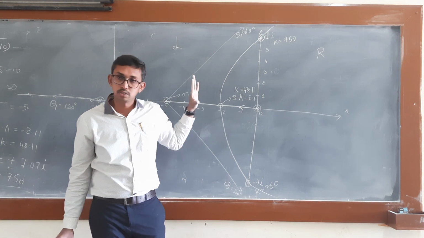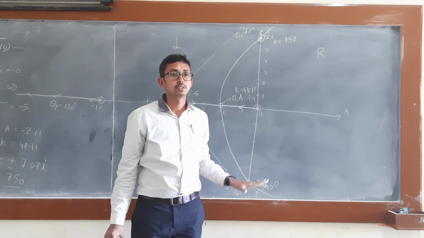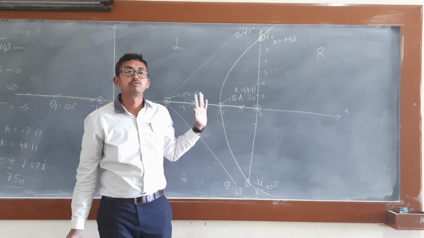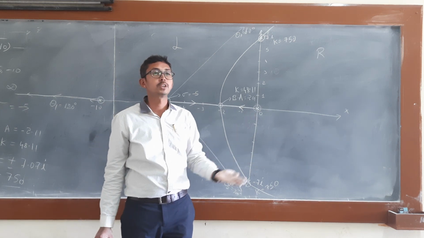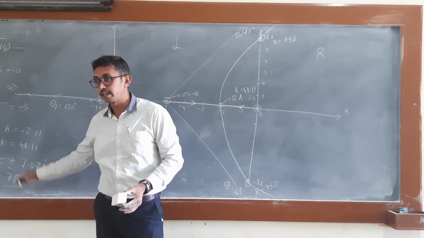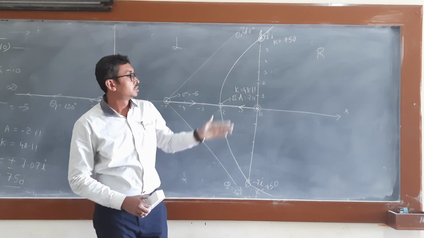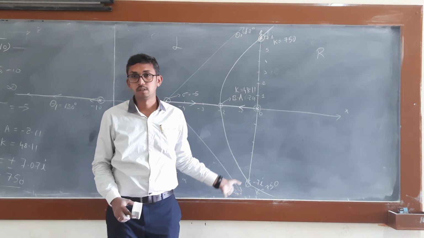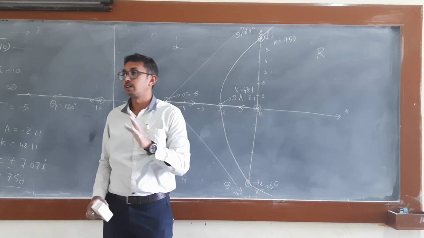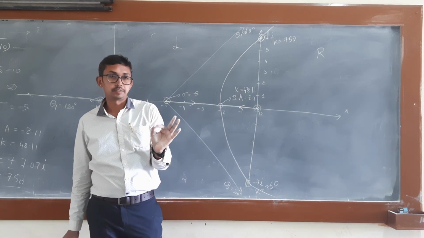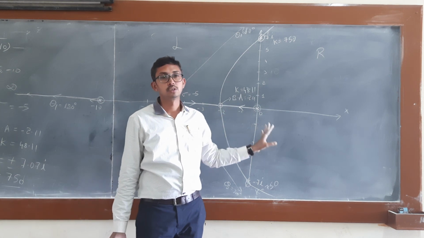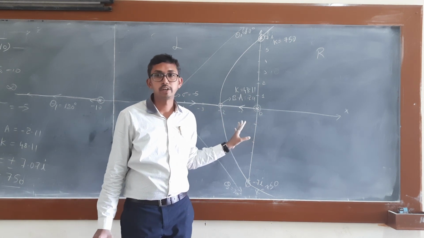Okay. This type of question carries 20 marks. 12 to 14 marks will be given for the steps you write. 6 marks will be given for drawing the root locus. Another 2 marks will be given for writing the comment. So this is about solving the root locus. Is it clear?